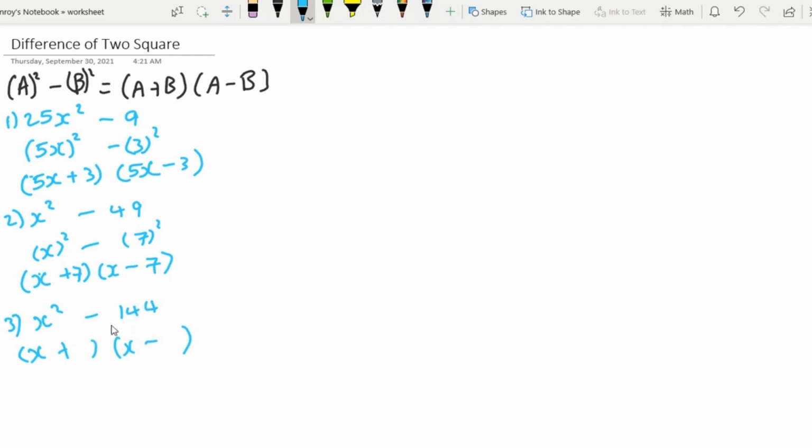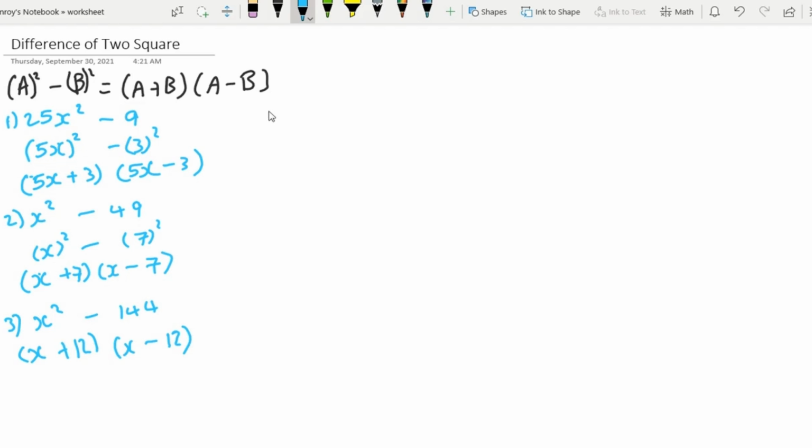The square root of 144 is 12. So this will be a 12. You know, if we try to backtrack, you will get our answer here. If you want to test and to see if our calculation was correct, you can go back and do the